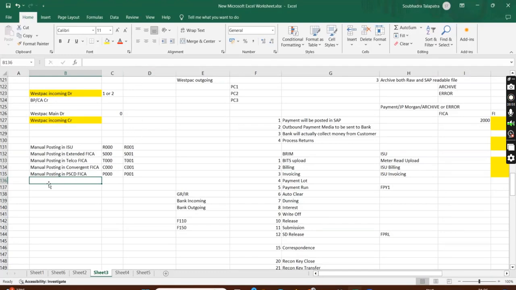Now, if you want to post an invoice in BRIM, you have to configure 2611 and 2610. Invoice means everything: telco, convergent invoicing, extended FICA, media, everywhere you just configure 2610, 2611. Okay, so based on the